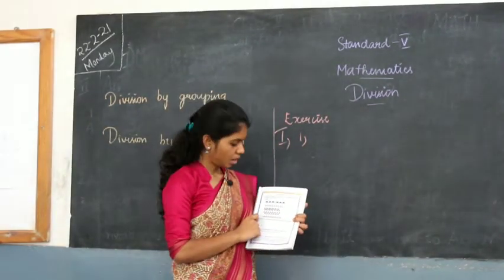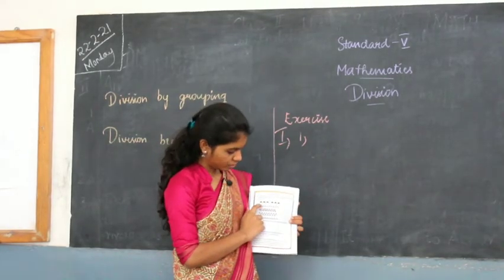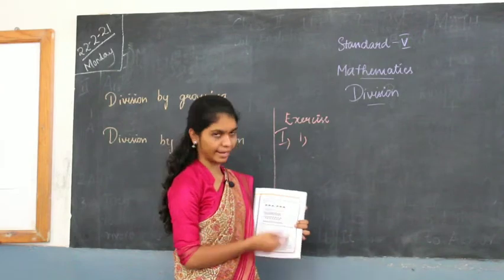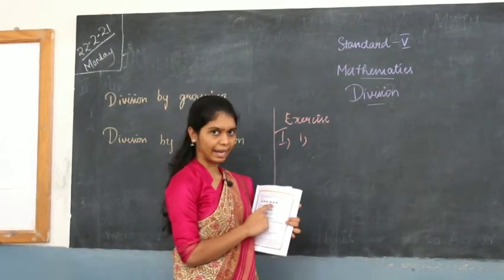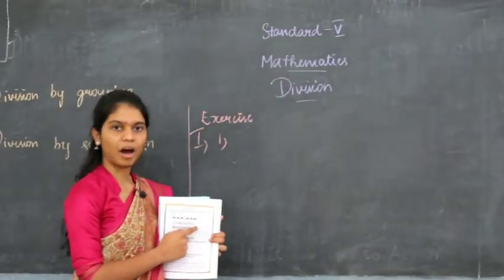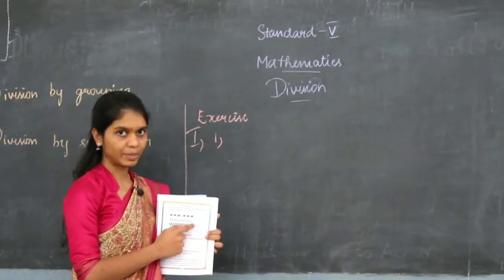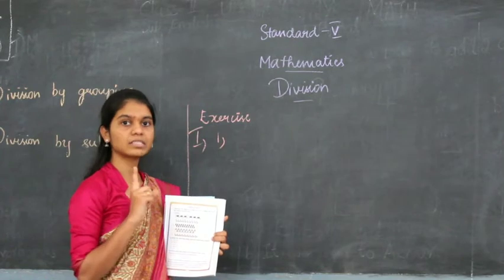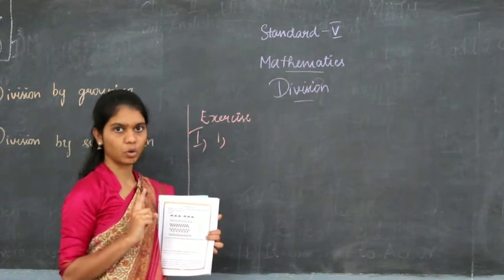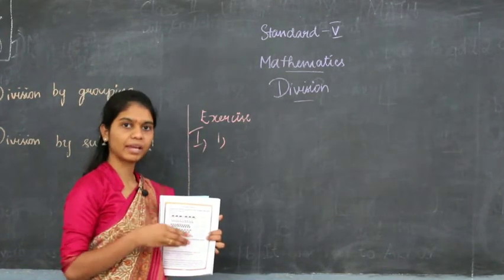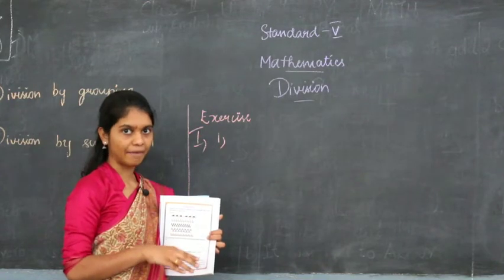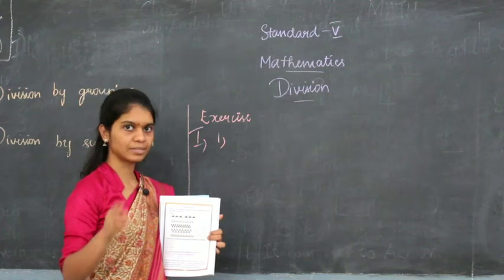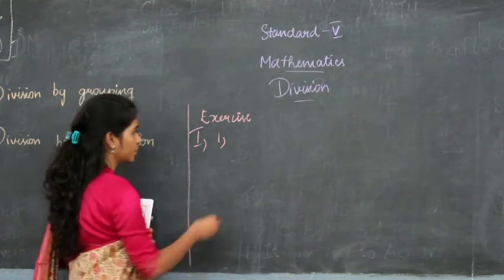how many ducks are there? 1, 2, 3, 4, 5, 6, 7, 8, 9, 10. So there are 10 ducks. What they have asked you to do is split the 10 ducks into groups that contain 5 in one group. So you make a group of ducks having 5, and then you move on and make another group of ducks that has 5.